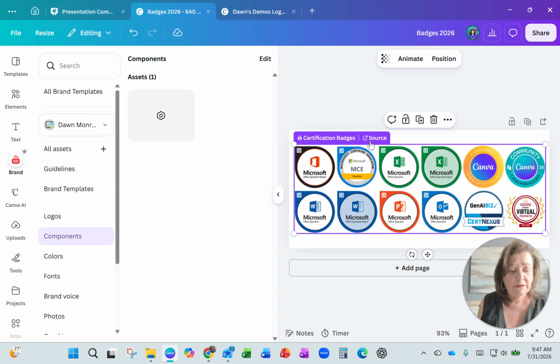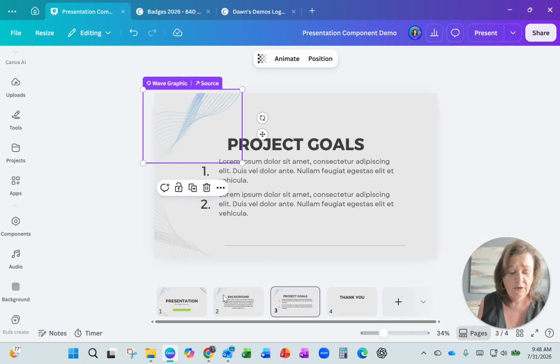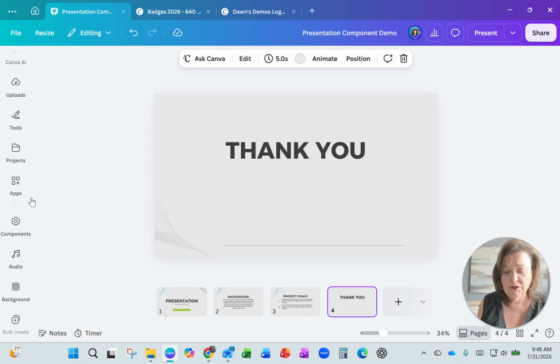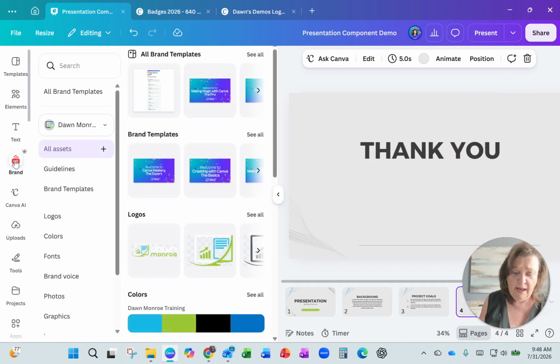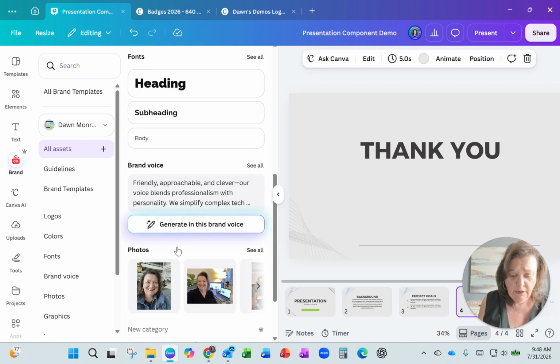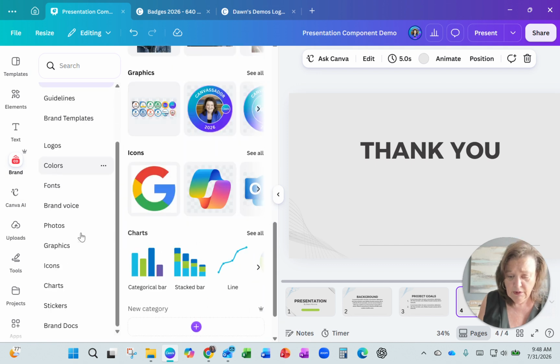So there it is. Come back to the presentation. Let's go to the thank you page. And this time let's check this component. See, this is only document components. So I would actually come to my brand kit here. And notice that's a pro feature, right? So coming down, down, down, let's find,